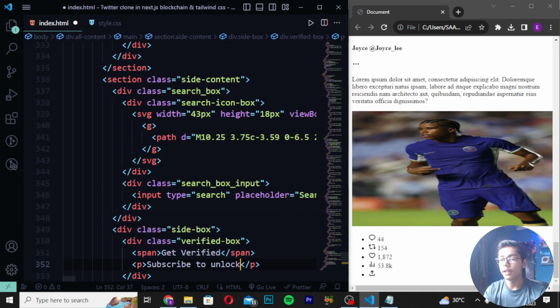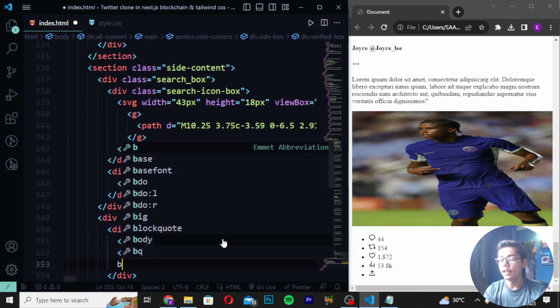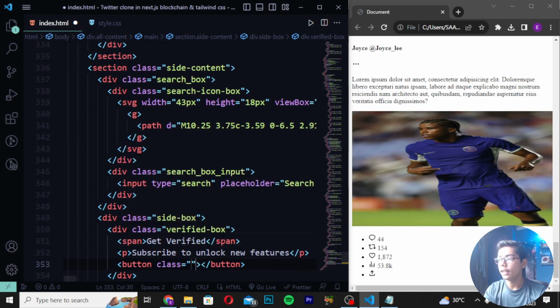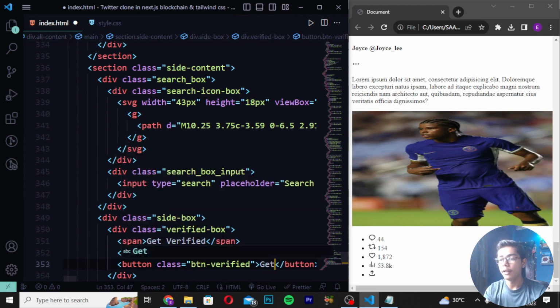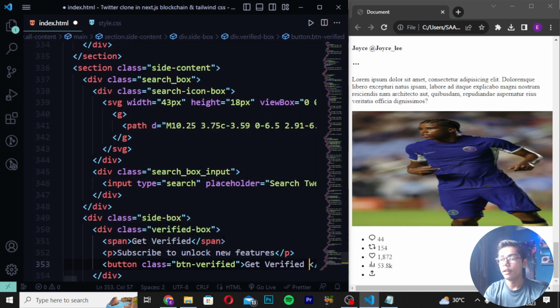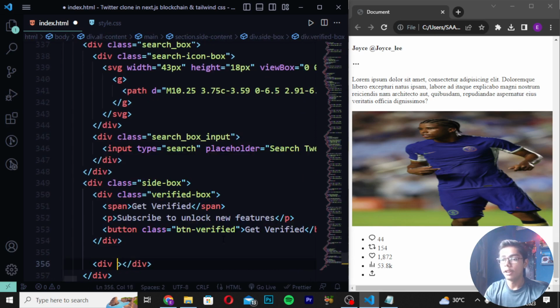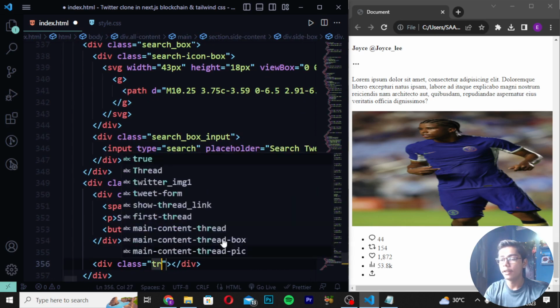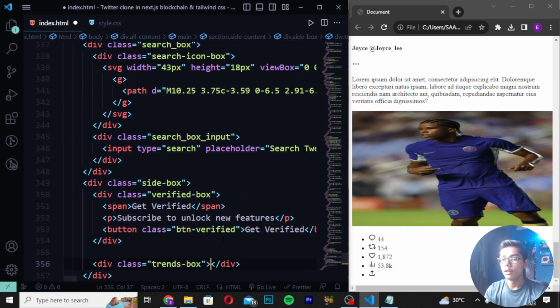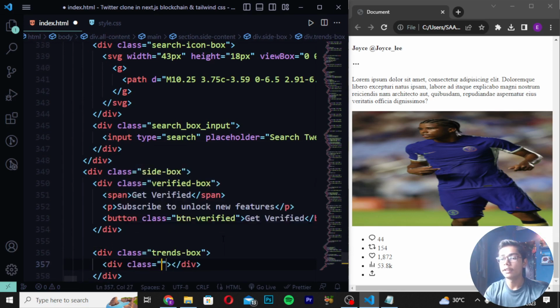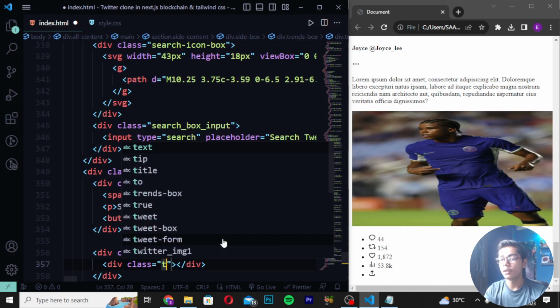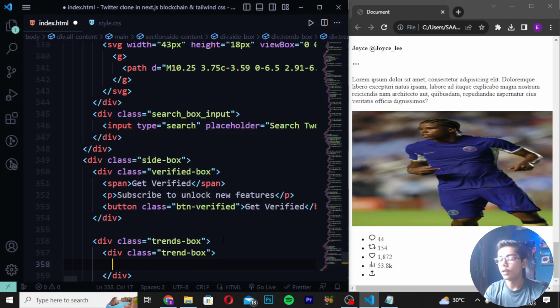Spelling mistake here. Unlock new features like this, and create button with class as btn-verified. Then here I will be writing get verified. Then you have to just move down and create div class in which I will be writing friends-box. Then you have to now just write here div class in which I will be writing here friend-box like this. Then you have to move down and write here h2 in which I will be writing here